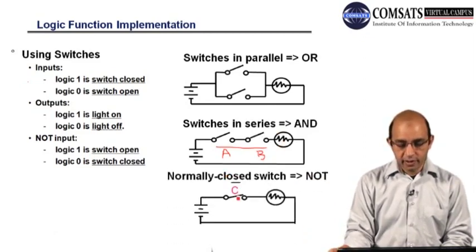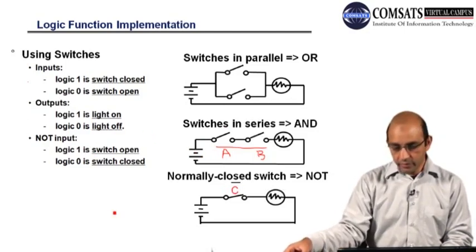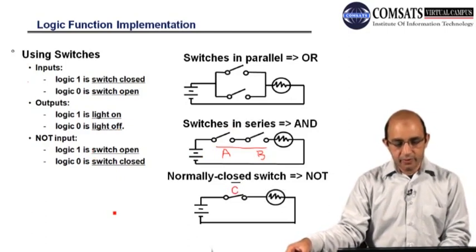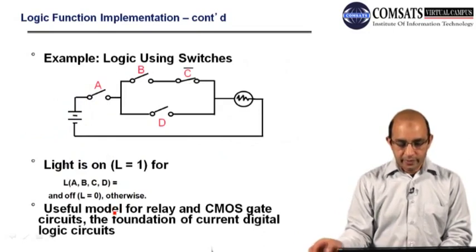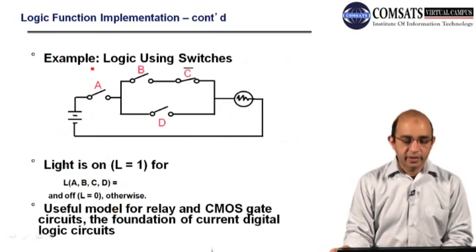So this is the NOT, right? So we are handling the complement externally, right? Logical 1 means the switch is open, and logical 0 means the switch is closed. So we are handling this NOT operation externally with the help of a switch. So this is another example where we have mixed those AND, NOT and